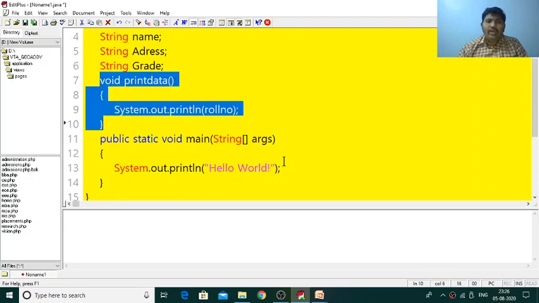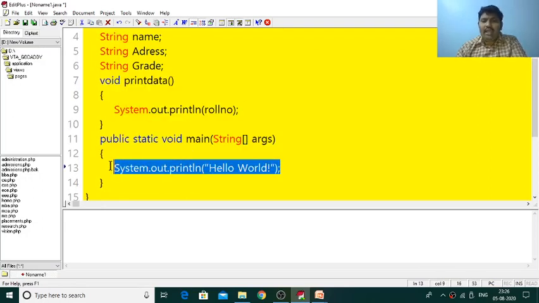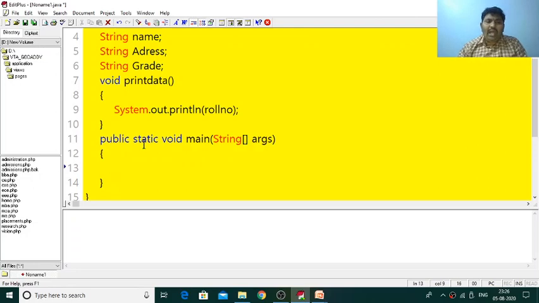Now how do we create an object? Just as in the C programming language we have a main method, Java also has a special method, public static void main(String args[]). Why we write public static void main String args, we will discuss later. For now, just know how to write it. Now how do we create an object for it?